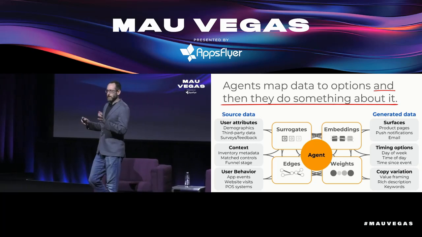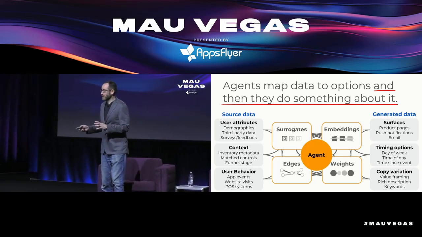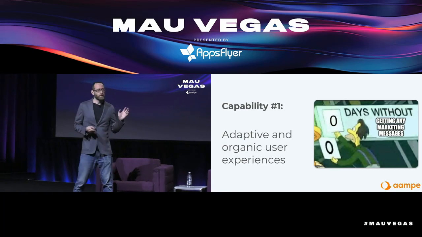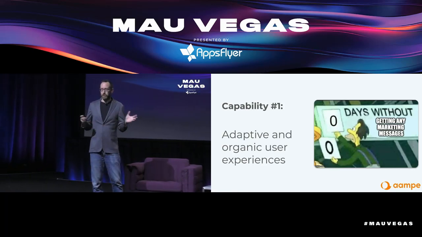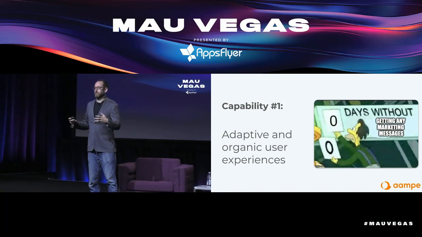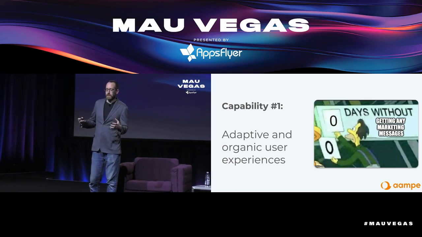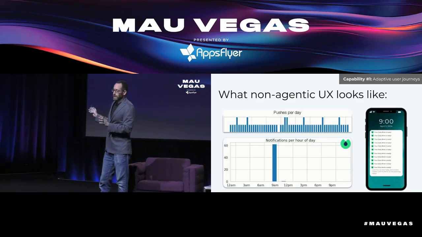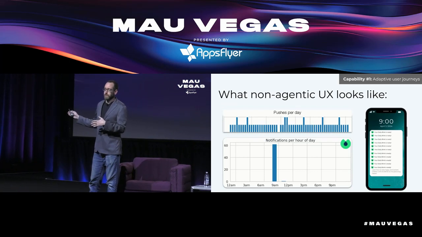So we talked about what the agent is. Now let's show some examples of it actually in action. So this is a capability. The first capability of an agentic CDP is an adaptive and organic user experience that the agent actually builds on its own. So before we get into that, let's look at what the current user experience looks like with a